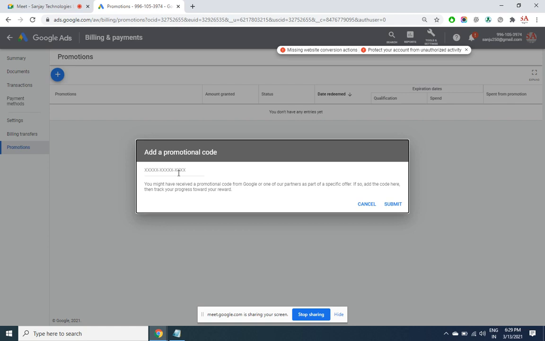You will require 2000 rupees of cash deposit in order to claim this 2000 rupees credit. Meaning you will be able to run 4000 rupees worth of ads by doing a 2000 rupees cash deposit, because another 2000 promo credit will be used. What the promo code condition says is that firstly you have to use 2000 rupees balance, then it is going to give you another 2000 rupees, so it is like a 50% discount.